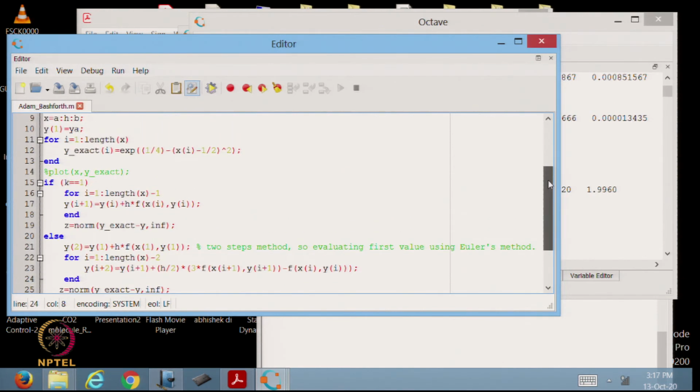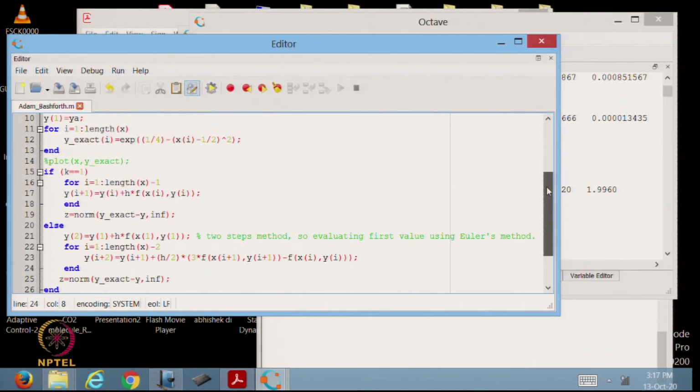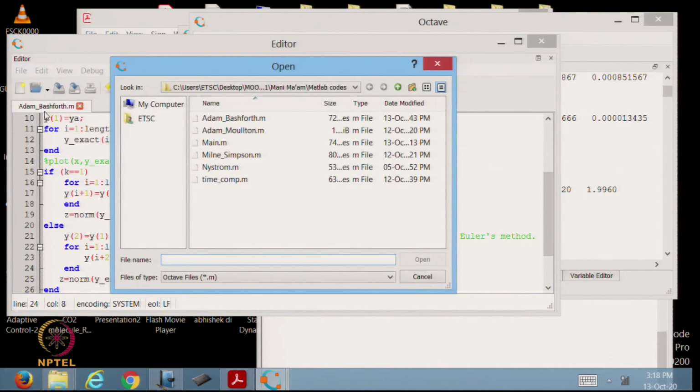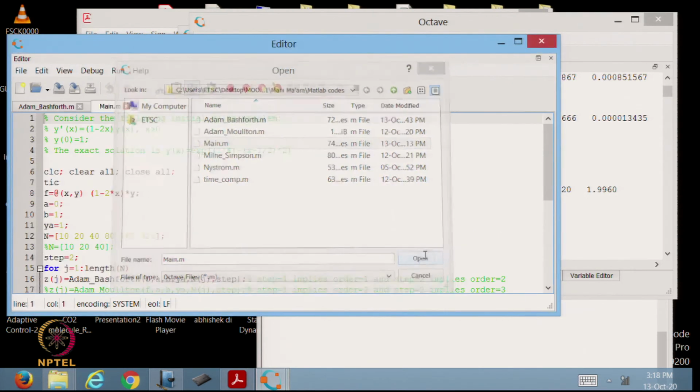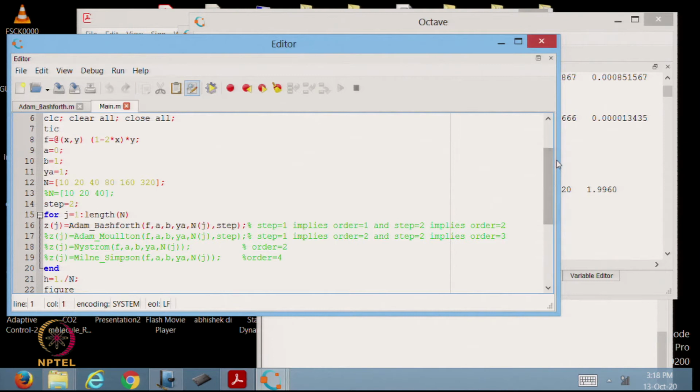Okay. So, basically we have seen one method of order 1 and another method of order 2, which was a 2-step method, and how to implement that 2-step method, that also we have seen. Now, we will be looking at Adams-Moulton's formulae or Adams-Moulton's methods. So, for that reason I am commenting out Adams-Bashforth and I am opening the comment part of Adams-Moulton.